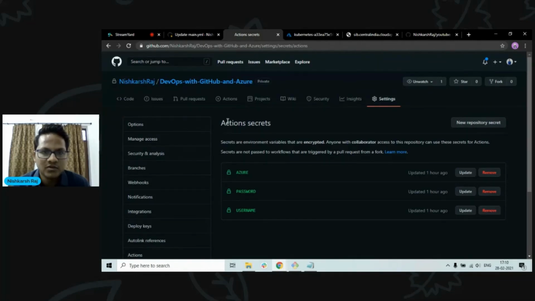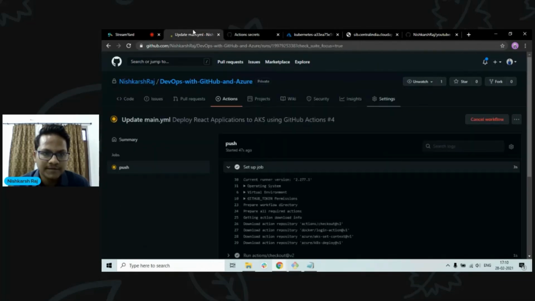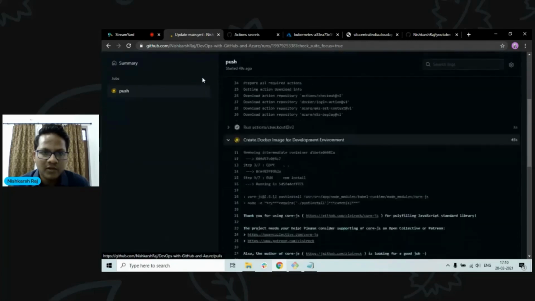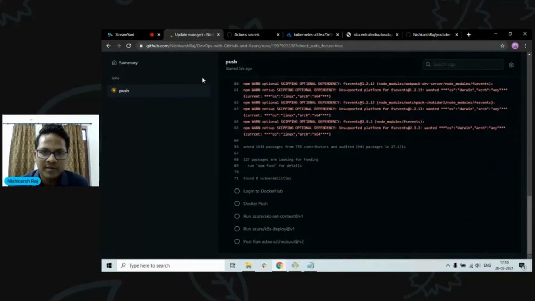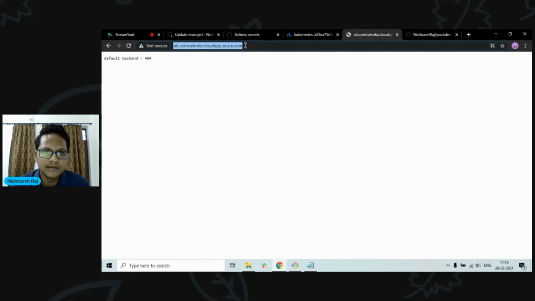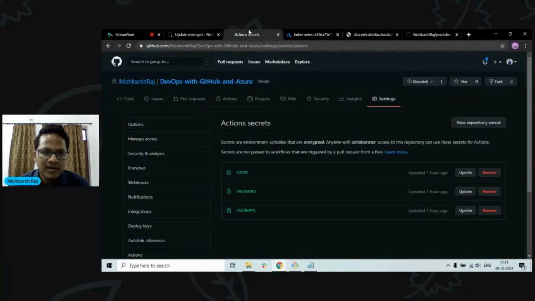Then the next step was to Dockerize this. So we wrote a Docker file, and that Docker file was pushed to the Docker Hub. And we tested it in the Play with Dockers environment. After that, we created the Azure Kubernetes services on Microsoft Azure Cloud and created an ingress to it. And we mapped that ingress to a URL so that we have a fully qualified domain name where our React application is being stored. Then we modified our GitHub Actions to push this Docker file to the Kubernetes service.